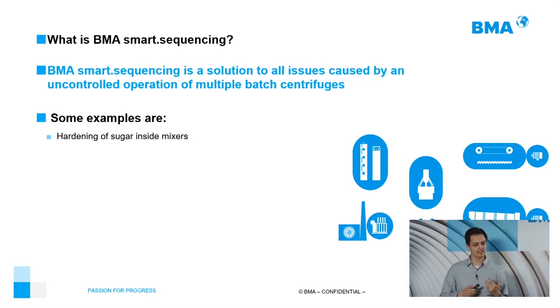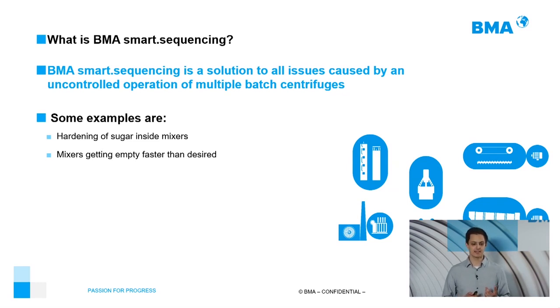So because of that, it's really important that all the centrifuges are being used with the same frequency, so that we also have the same quality and homogeneous quality inside the mixer. Another example: our mixer is getting empty faster than desired. Why does this happen? Sometimes the customers are driving their machines to 25 cycles per hour, 26 cycles per hour, and then after 40 minutes, the mixer is almost empty.